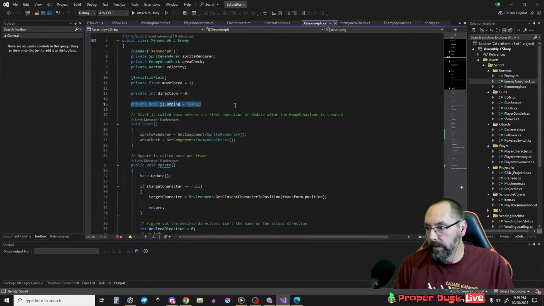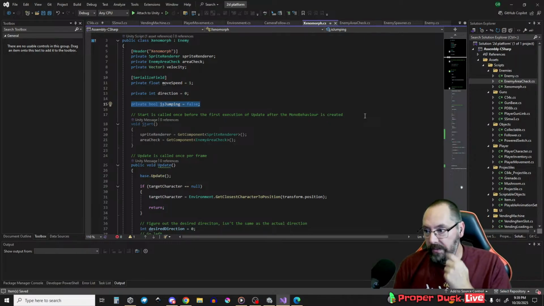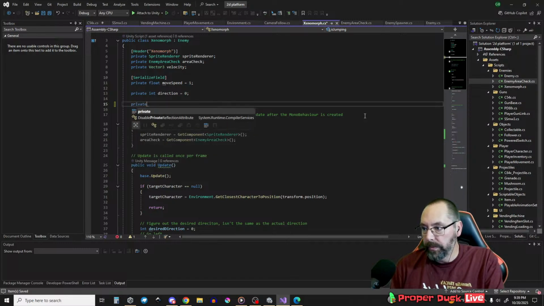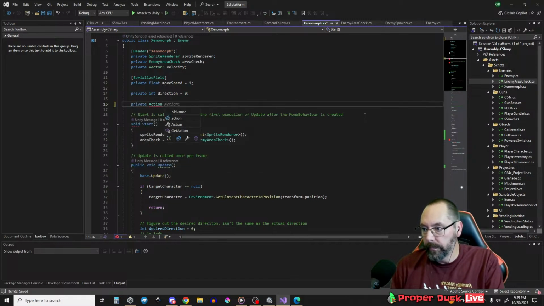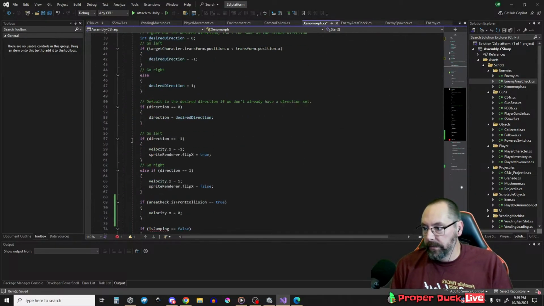Maybe I need an enum here for the action that it's doing. And maybe I need to break this out. Let's do that. So like private action current action,